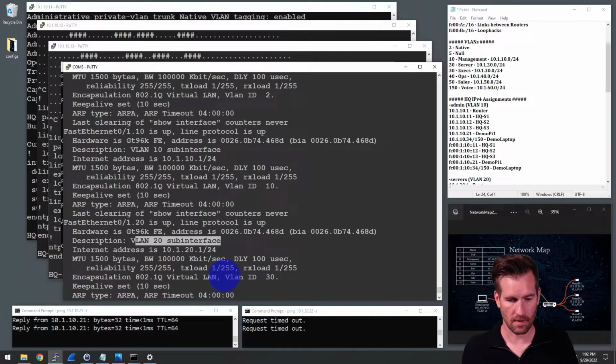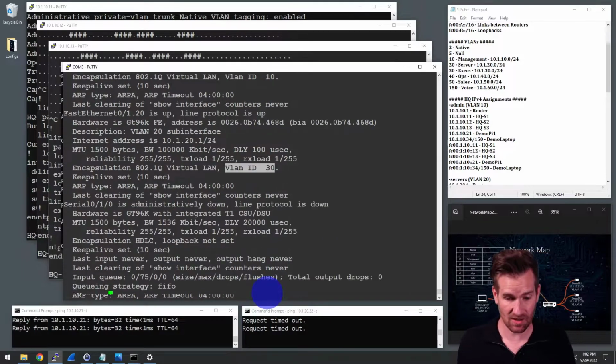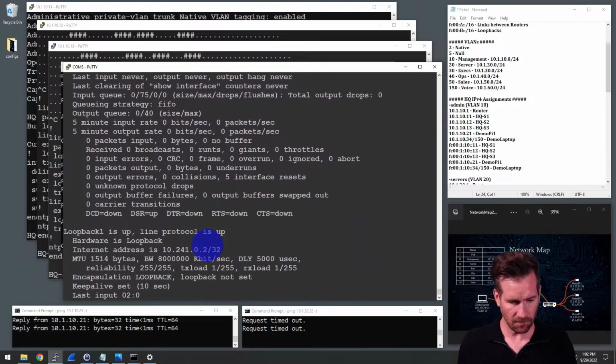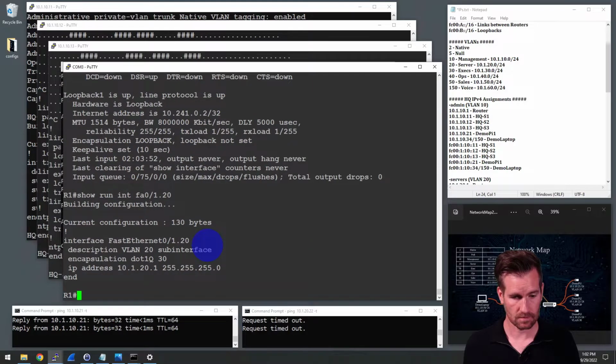So, oh, wait a minute here. What's this? VLAN ID 30. So we've got a VLAN ID 30 here. So something is off there. This actually should be VLAN 20. So let's finish this off and do a show run interface FA0/1.20. And aha,